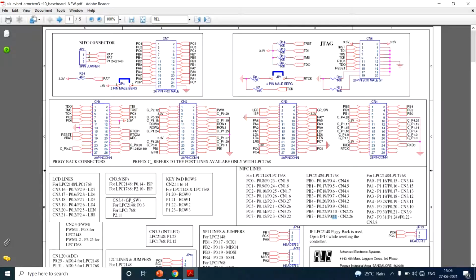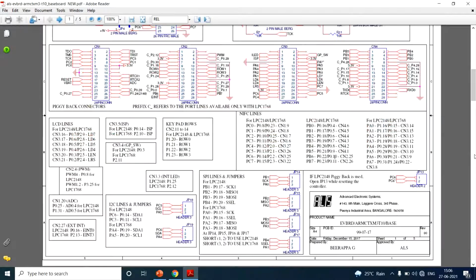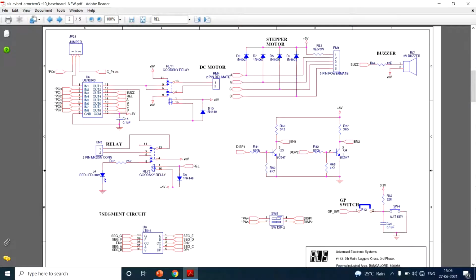So that means the input to the DAC has been given at 4, 5, 6, 7, 8, 9, 10 and 11th pin of 0th port. Correct? And anyway, the output is nothing but what? Dout.